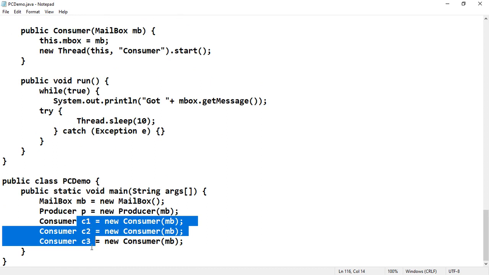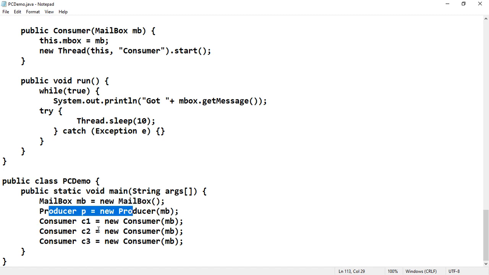Once these 3 consumers have consumed the message, they will notify the producer to produce a new message. So this is the way the producer thread and consumer threads work hand in hand with proper inter-thread communication with the help of wait and notify all. Even though in the last code we had written the synchronization function, because of the miscommunication they were unable to synchronize properly. So that is the reason we are maintaining the inter-thread communication with the help of monitor functions. Now we'll see the output of this code.